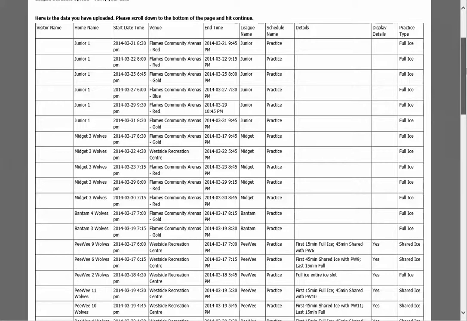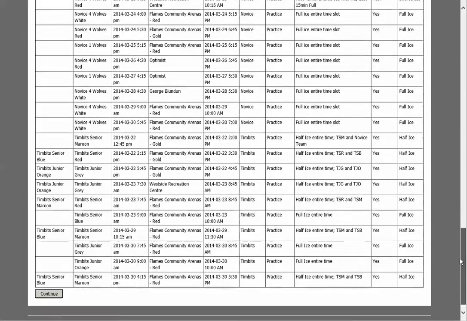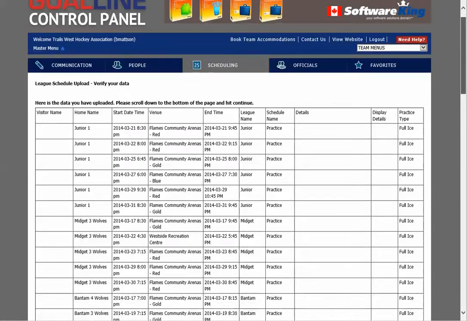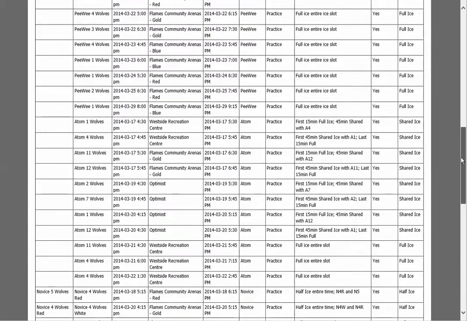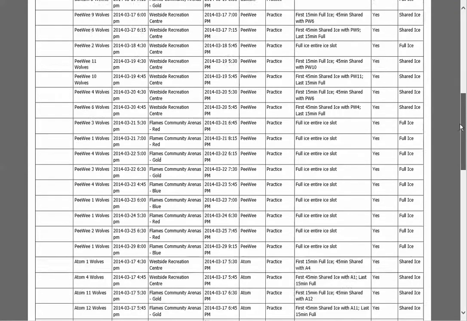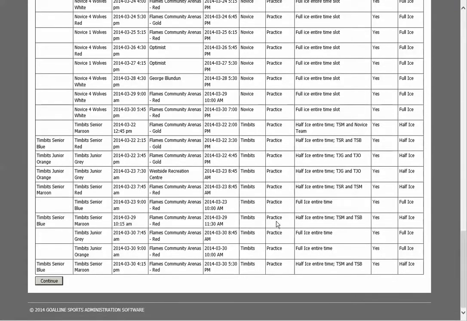Now if we had any errors or mistakes at this point, the system will do validation all the way throughout the file as you upload, and it'll actually show up as being bright red. Sometimes the CSV file got created incorrectly. Maybe it got saved as a Mac or an Apple CSV rather than a desktop PC CSV file. It does have to be the standard. So I'm just going to click continue,